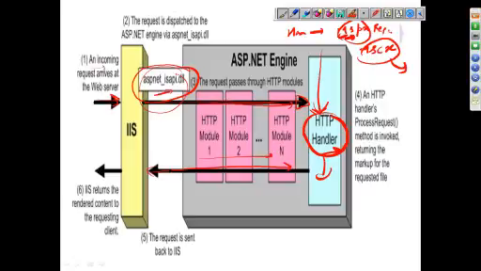Okay, let's say we have a resource, let's say .pdf. We have a resource where we want to get an RSS feed, .rss. So these are other extensions. Let's say these handlers are not already there in ASP.NET. We want to handle these page extensions in a certain way, so we can also write our custom handler. Even our custom modules we can also write.